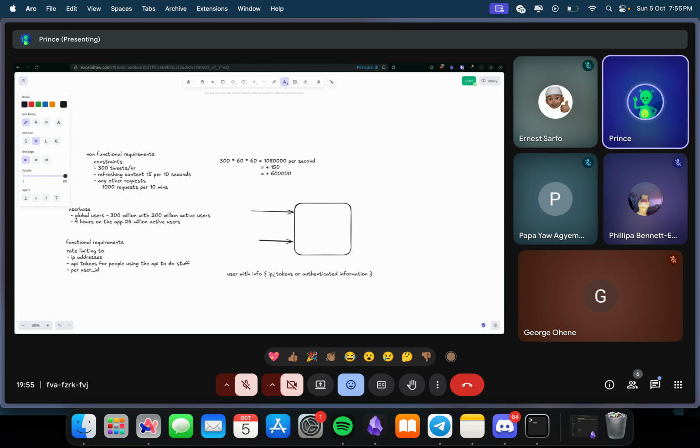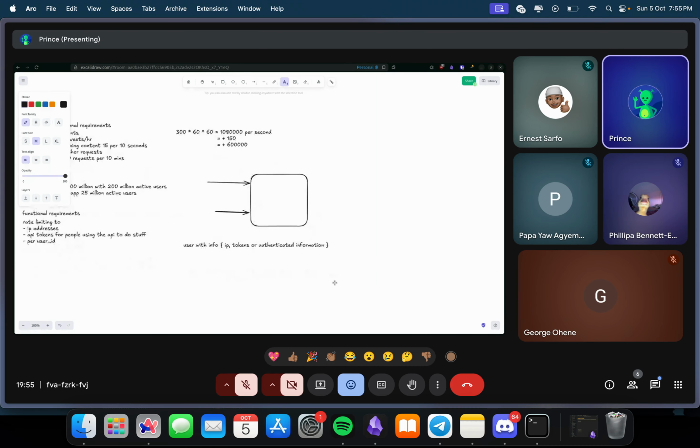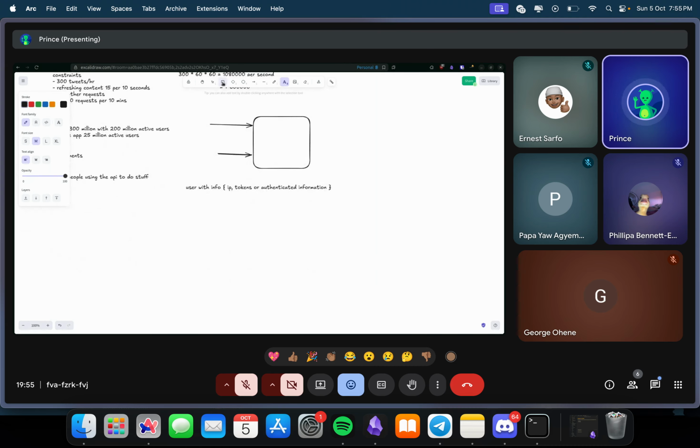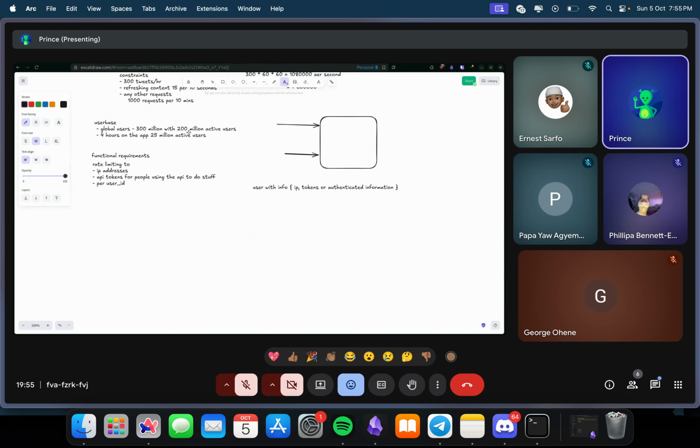So I think for the IP address, the basic cause of rate limiting is to ensure that this particular user is not exceeding the limit of what we want the user to receive, as in requests and responses. So in that effect, I can keep track of the user IPs I am receiving,